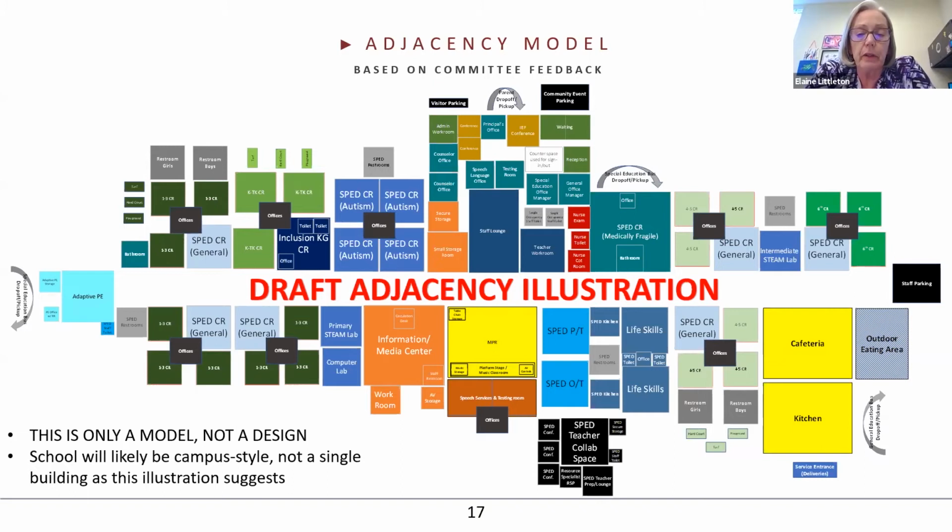Stephanie, are you still with us? Give her a minute to unmute. Yes, sorry. That's okay. Stephanie, what do you think about that? Because there are times when the SPED teachers do collaborate, especially when we're meeting to talk about moving kids up. And oftentimes when the gen ed teachers are collaborating,